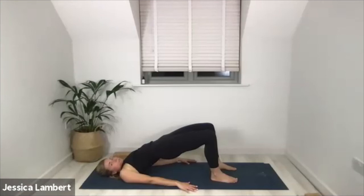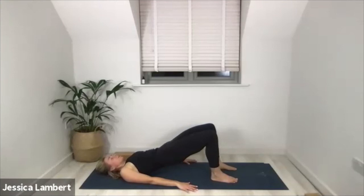Stronger into the ground. 3, 2, 1. Roll it down one vertebra at a time. Don't rush this time. For 10, 9. So really slow. 8,